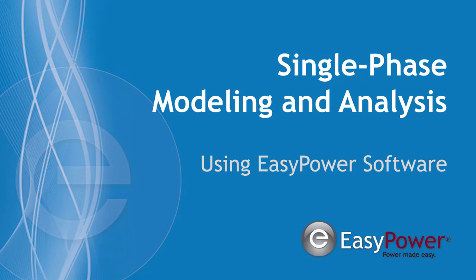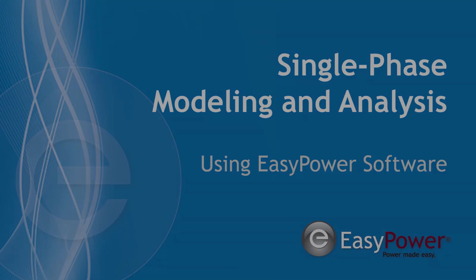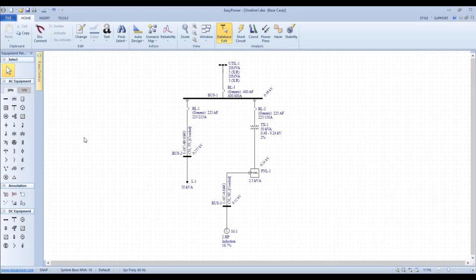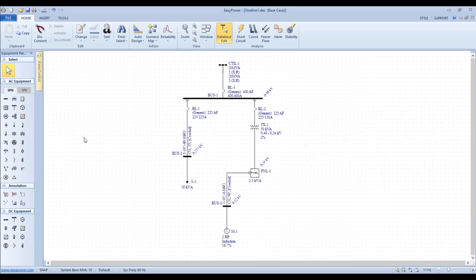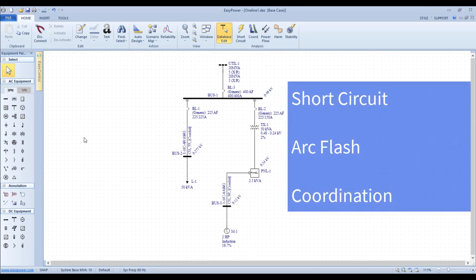EasyPower's easy-to-use yet powerful software enables you to create single-phase models quickly and easily, and to use its capacity for power system design and analysis to maximize productivity and improve system safety. The key steps include inserting single-phase equipment, making connections of various wire configurations, and setting the service type for single-phase equipment. After the one-line and equipment data are completed, you can perform analysis such as short circuit, arc flash, and